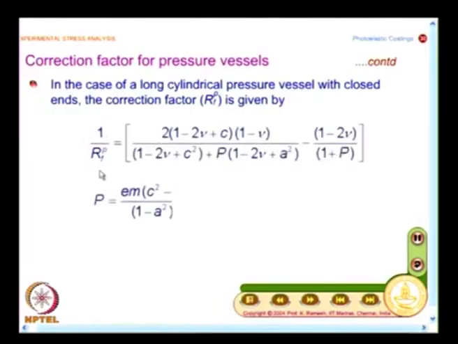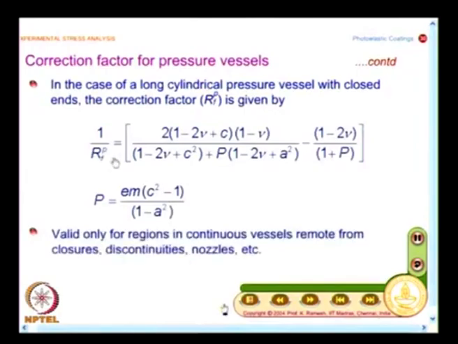You get only 1 by RFP, and I have this as 2 into (1 minus 2 nu plus C) into (1 minus nu) divided by (1 minus 2 nu plus C squared) plus P into (1 minus 2 nu plus A squared) minus (1 minus 2 nu) divided by (1 plus P), where P is given as Em into (C squared minus 1) divided by (1 minus A squared). We have already seen how do you define C and A in the case of a torsional member. Similar definition applies here too,